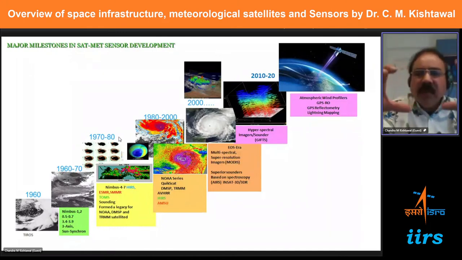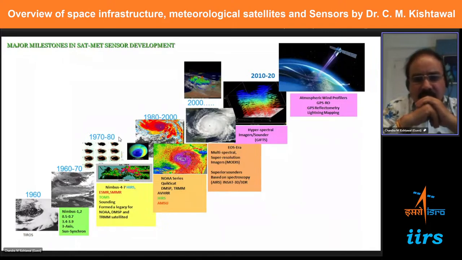So for example, if you want to know the sea surface temperature, and the sky is completely covered with clouds, the infrared and visible sensors will not be able to know what is happening below. But the microwave sensors can see the surface very easily. They are not affected by the clouds because they have a very big wavelength, and the cloud particle size is very small. So there is no effect of cloud particles. Even some microwave frequencies are not affected even by rain, not even by heavy rain. That is the beauty of microwave, and that is why people contributed a lot of their time and energy into the development